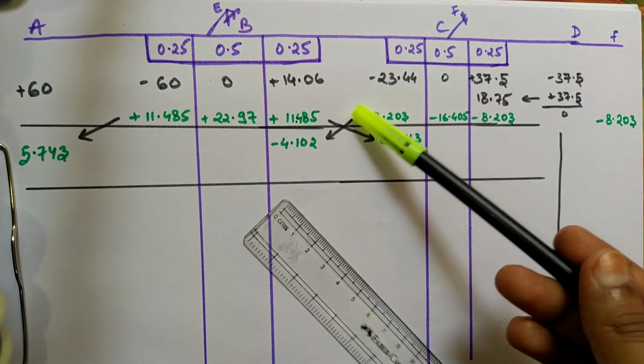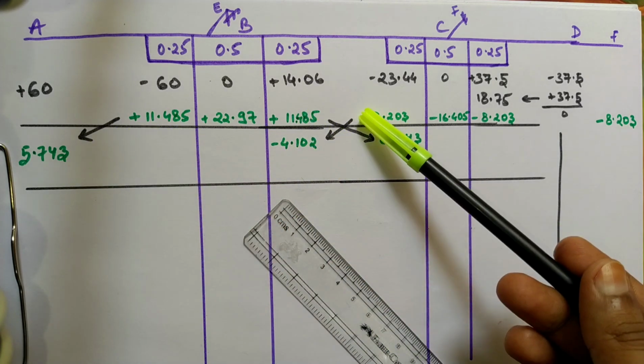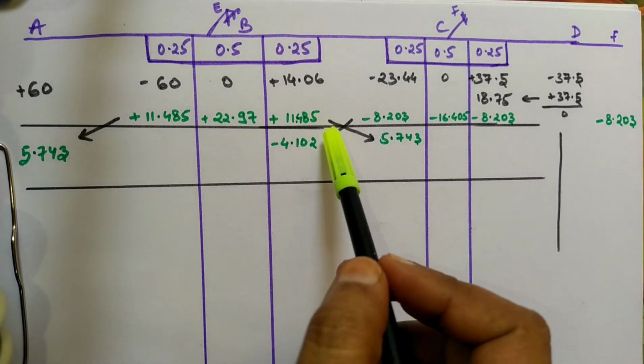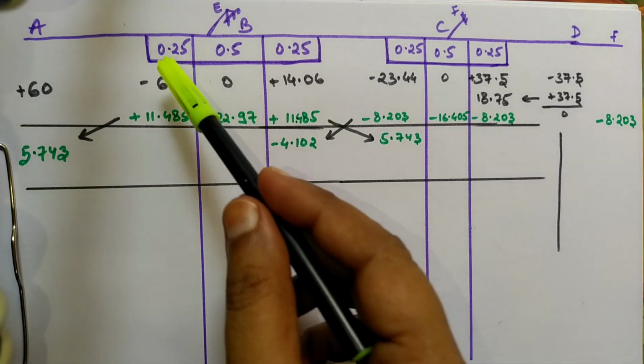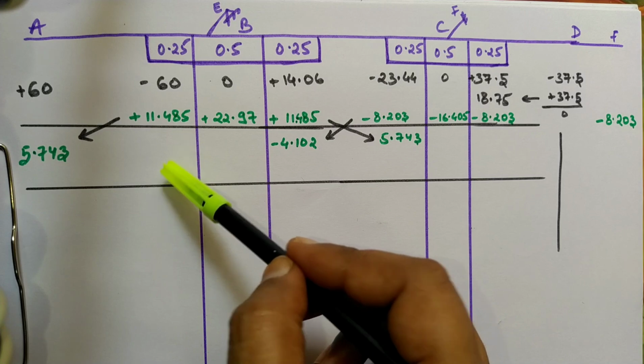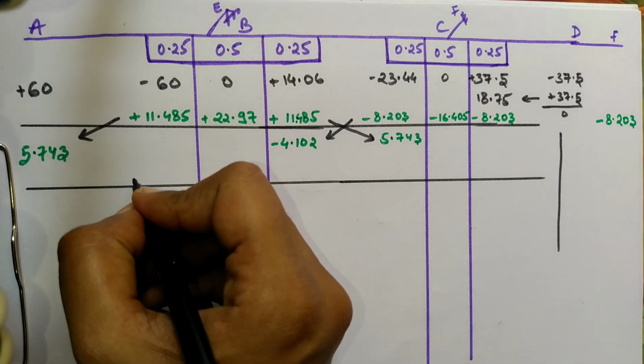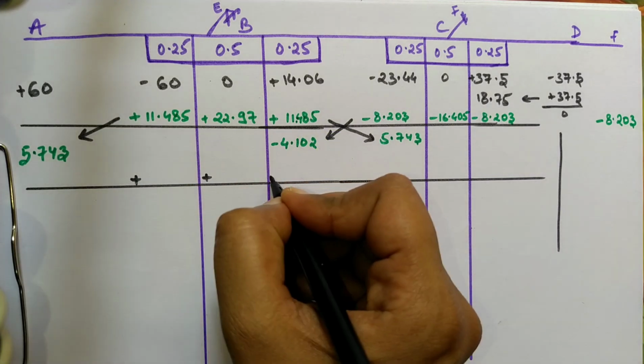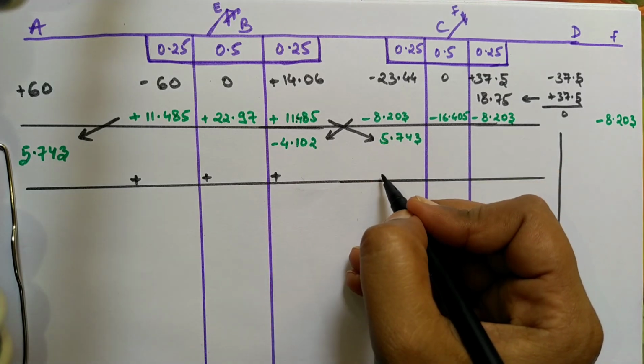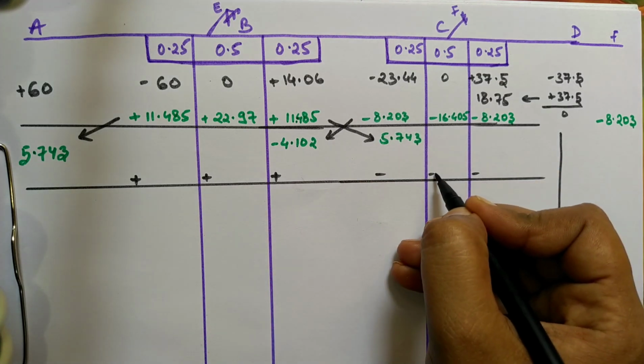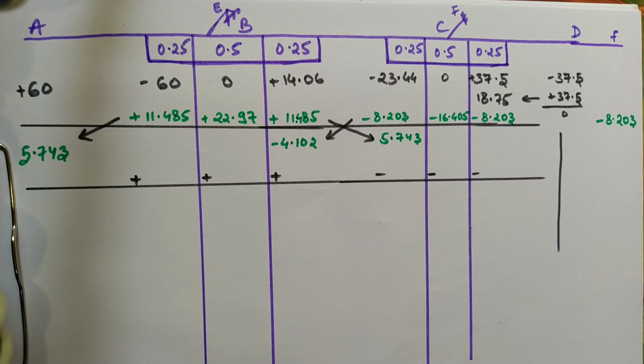Now at B joint again we have -4.02, this one 5.742. So this one is negative. I'll be writing a positive sign here. We'll be writing positive. So I'm just making a positive sign. हमें उल्टा करके लिखना होता है. जो भी हमारा मोमेंट है, बैलेंसिंग मोमेंट है, उसका अपोजिट साइन हमें यहाँ पे लिखना होता है.